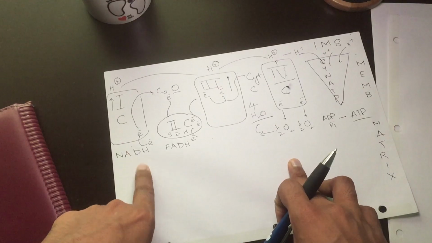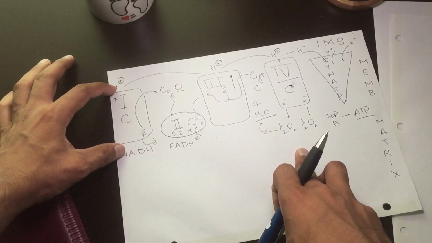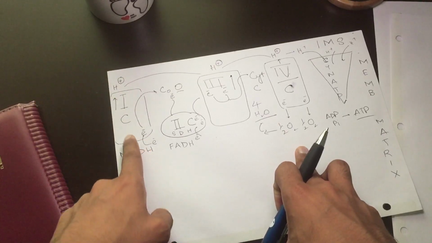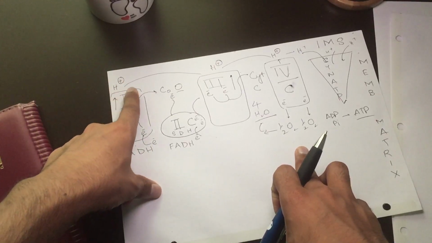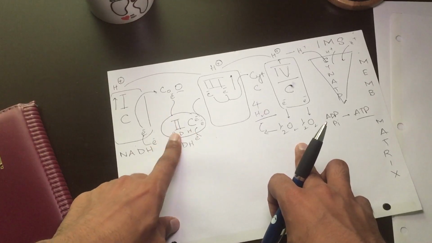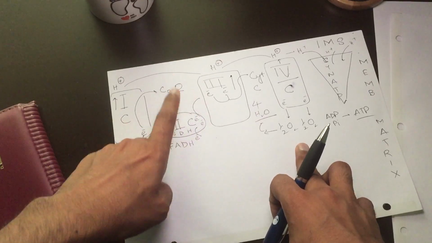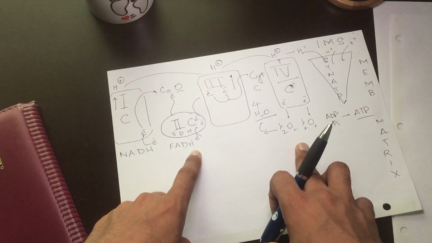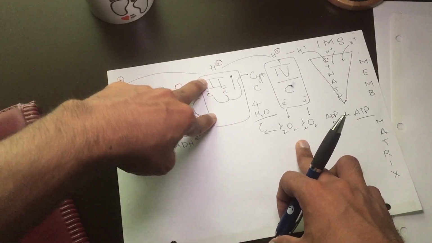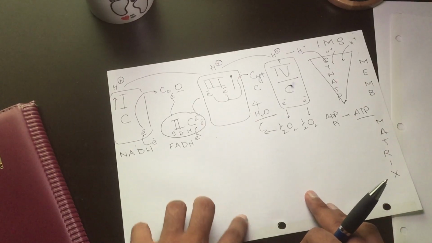NADH from glycolysis carries an electron. After giving this electron to complex 1 and making it start, it pumps hydrogen out. The electron is at high energy, so now it is moved to the low energy coenzyme Q, to complex 2, the succinate dehydrogenase enzyme, which transfers this electron to complex 3, and also transfers the electron from FADH to complex 3. So now complex 3 has 2 electrons. Getting these 2 electrons, it pumps hydrogen out into the intermembranous space.